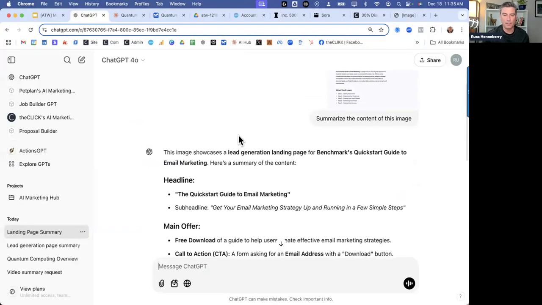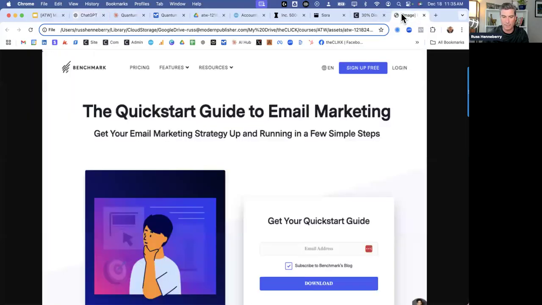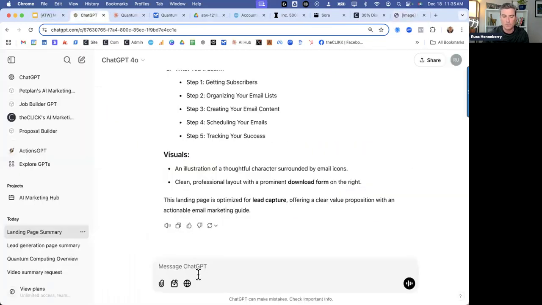Now, I'm going to say to it, let's work on the headline. Or actually, let's say, because I don't think there's a subhead. Yeah, there is a subhead: "Get your email marketing strategy up and running in a few simple steps." Let's work on this real quickly and just say, let's work on the subhead.